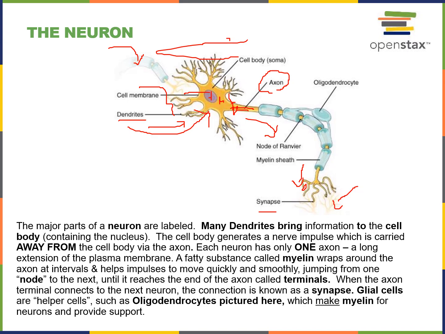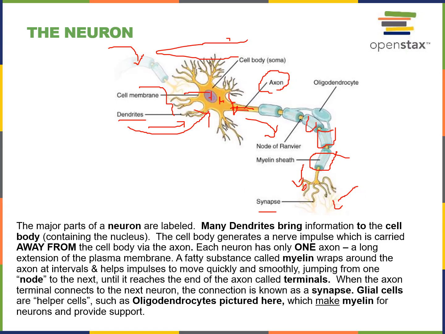They're not shown because they're not required for our discussion, really. So we're only focusing on the parts that we really need to know about. Now you're probably wondering, what is this sort of bluish covering that seems to be wrapped around the axon? But it's only wrapped around at little areas. So there's a space between the